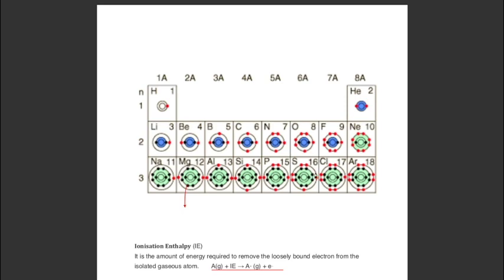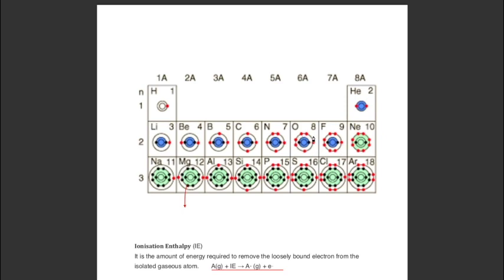But in this case, the electron gain enthalpy of fluorine is lesser than chlorine, and that of oxygen is lesser than sulfur. Let us discuss its reason. Although fluorine and oxygen are very small in size, and the incoming electron in their outermost shell will experience more force of attraction, at the same time the incoming electron will experience a force of repulsion from the electrons already present in the outermost shell of these atoms.